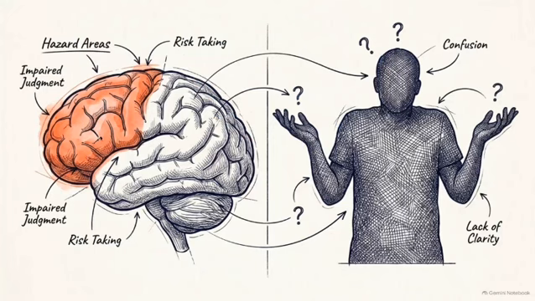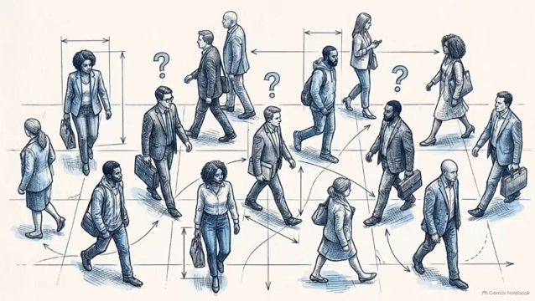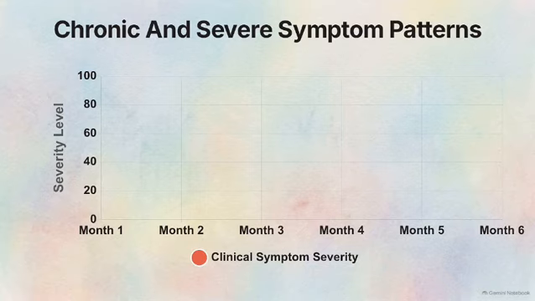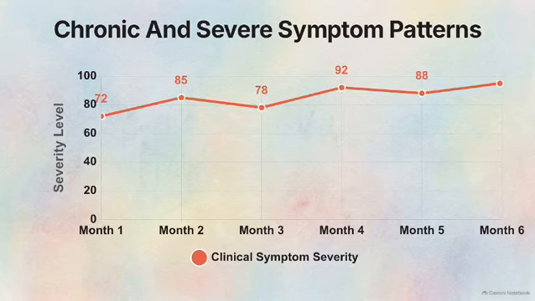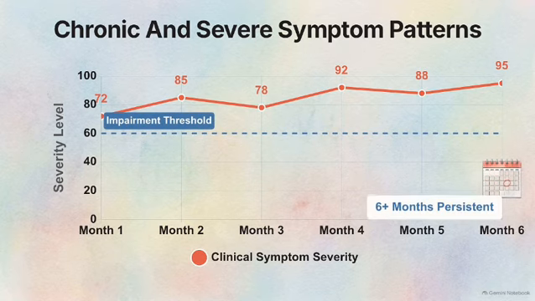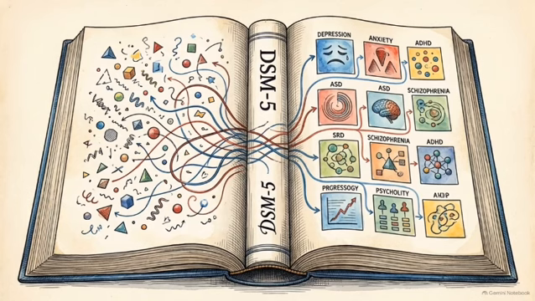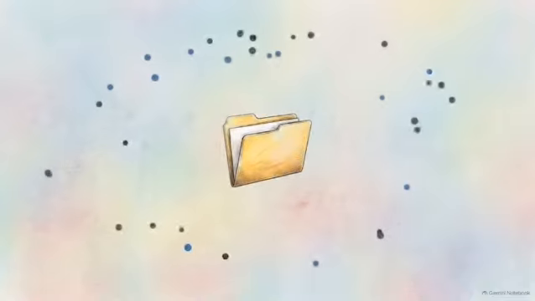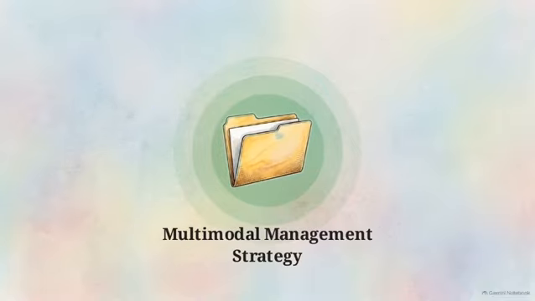This creates a unique clinical tension. The surface symptoms of this biological failure, forgetting keys, feeling restless, acting without thinking, are behaviors that every individual occasionally experiences. Effective diagnosis requires proving that these common behaviors stem from a pervasive clinical pathology. A clinician must find evidence that the symptoms are both chronic and severe enough to significantly impair the patient's daily life. To achieve a rigorous diagnosis, clinicians map these raw behavioral symptoms through the strict criteria of the DSM-5 diagnostic framework. Only then can they deploy an evidence-based, multimodal management strategy.